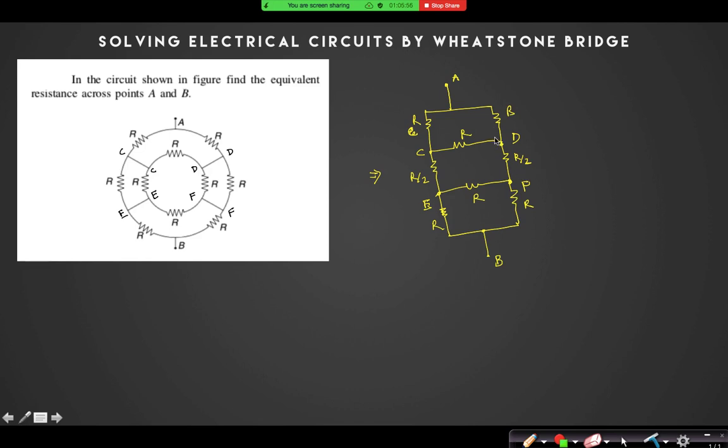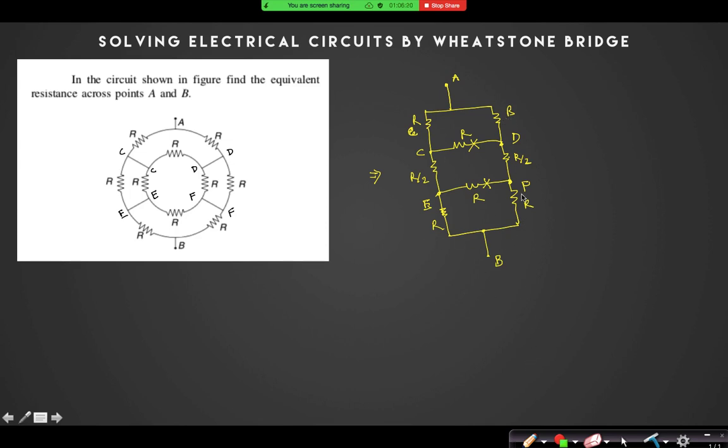Now you can see there are two Wheatstone bridges here which are connected in series. R by R, R by 2 by R. So I can cancel this one. R by 2 by R by 2 equal to R by R. I can cancel this one also. Right? So that is also known as extended Wheatstone bridge, right? That can continue in series.